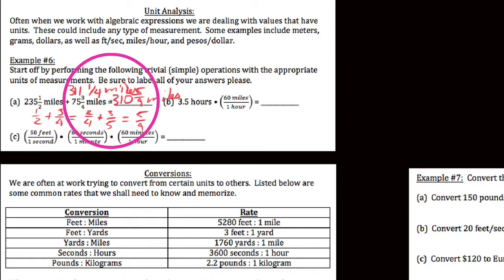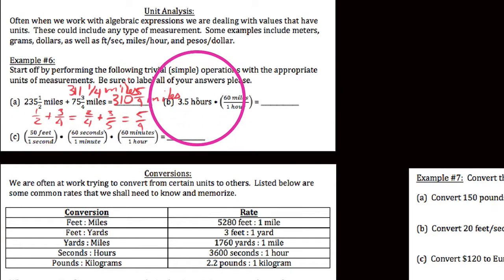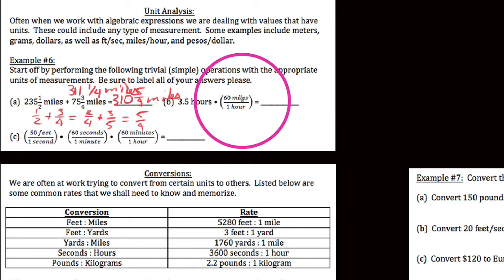Okay, so you might think, well, that was easy, like you seriously need to do an example of that, but really it's the next one that I'm concerned with, is when we start to do conversions. So when we talk about units, it's important that we're actually labeling our values in, say, a word problem, because units cancel out. So as an example, we say, well, 3.5 hours times 60 miles per